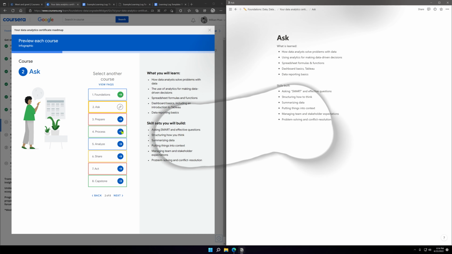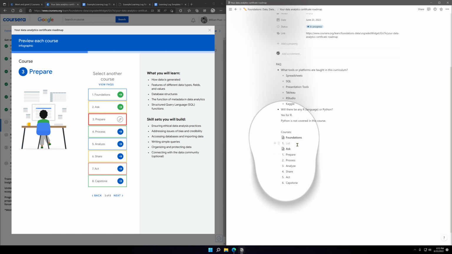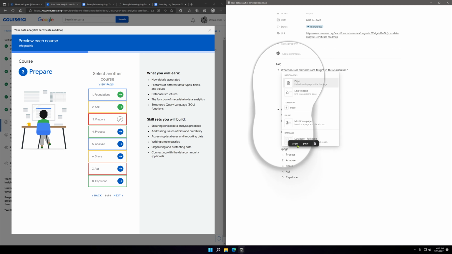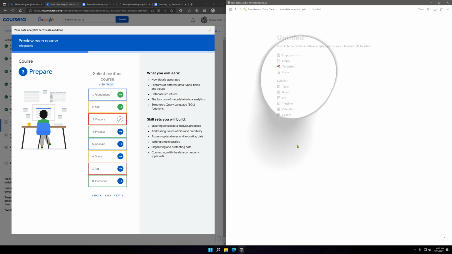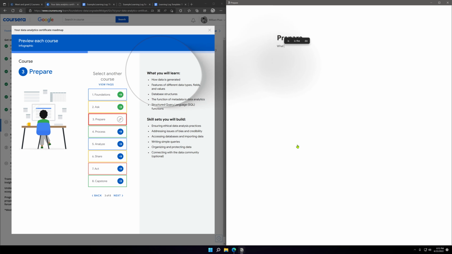Right. Next. It's learned. Oh, data is generated.